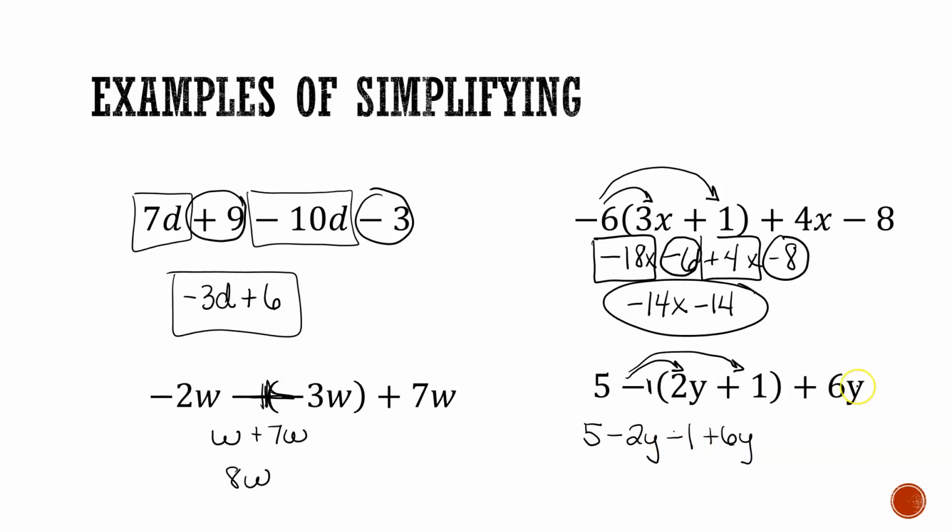It's really easy to forget to bring down the end of the equation. So now let's combine everything that's like. So we're going to add negative 2 and 6, which is 4y. Then we're going to go back and combine our constants. So 5 minus 1 is